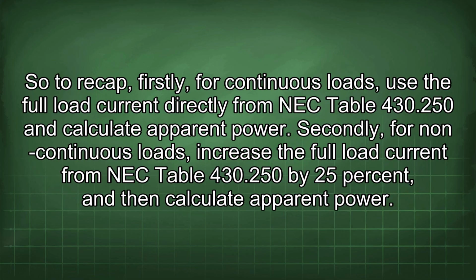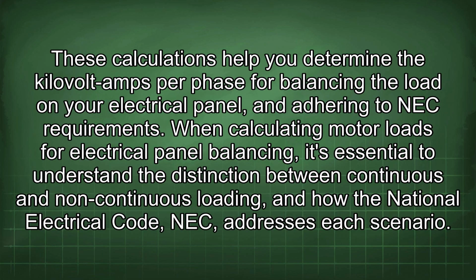So to recap, firstly, for continuous loads, use the full load current directly from NEC table 430.250 and calculate apparent power. Secondly, for non-continuous loads, increase the full load current from NEC table 430.250 by 25% and then calculate apparent power. These calculations help you determine the kilovolt amps per phase for balancing the load on your electrical panel and adhering